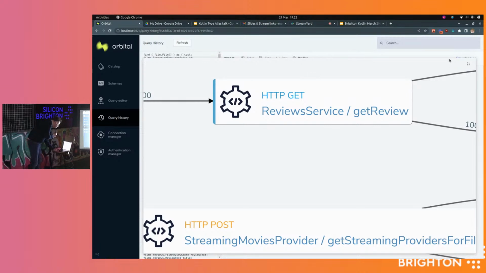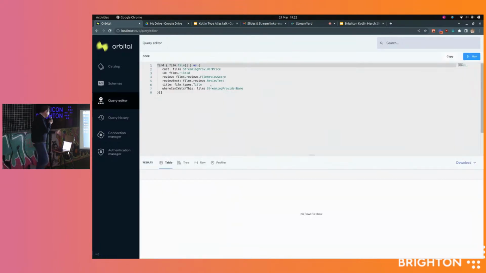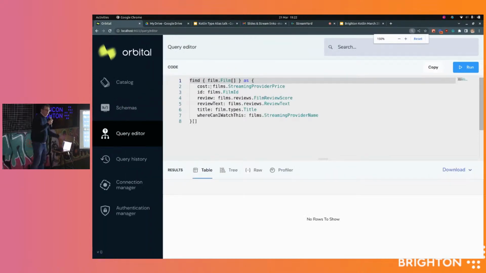We can dive in and understand. So actually, here's the actual query that's going on. That might be a bit hard to see. Let me zoom that in a bit. This is the actual Taxi query that's going in. The Kotlin SDK is generating this for us based off of the types that it's passing in. So if I just run that in our IDE here,